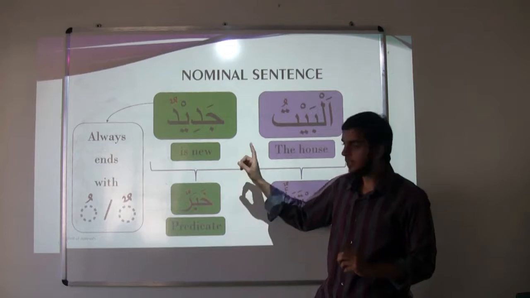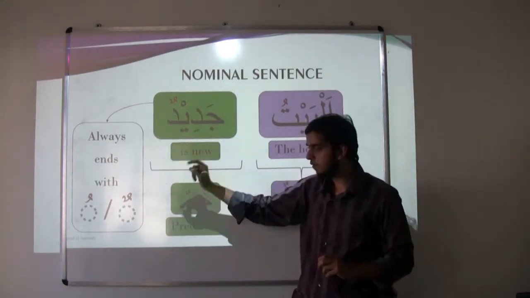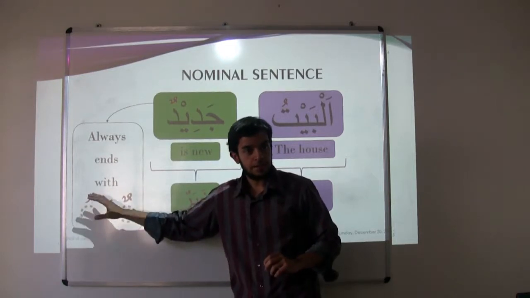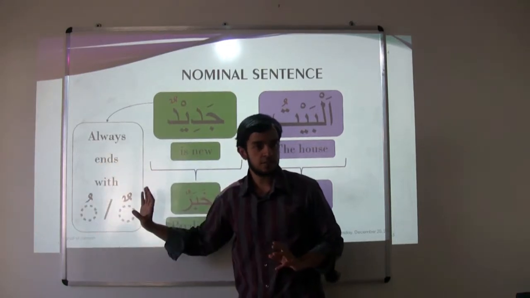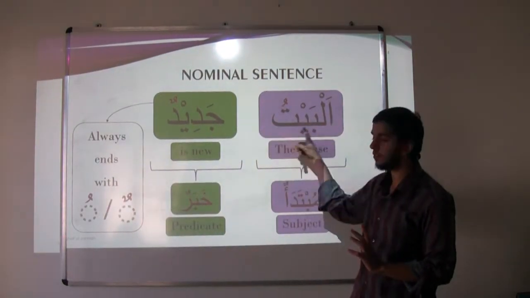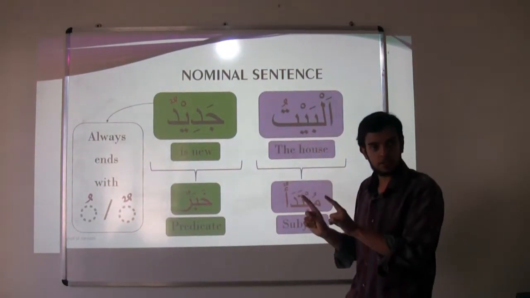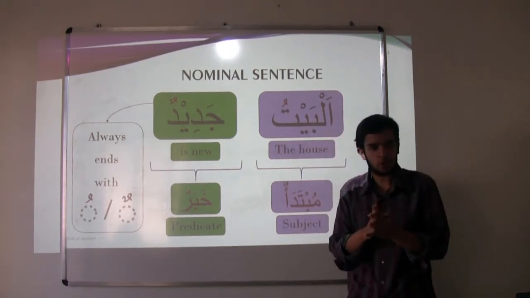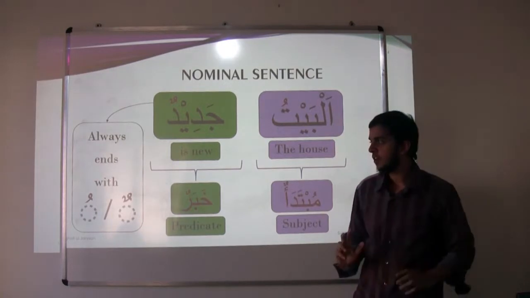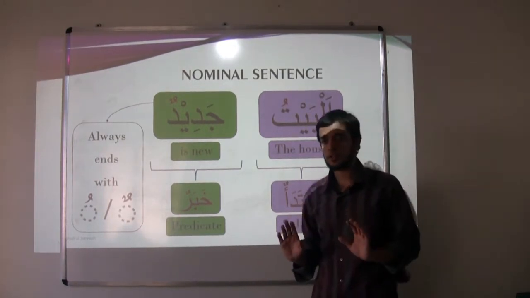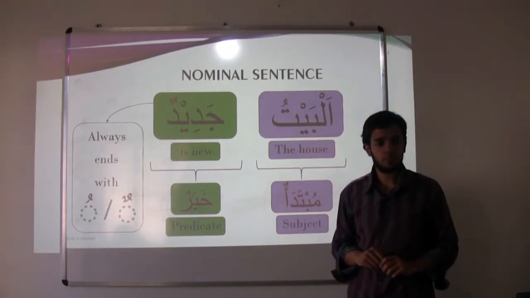The khabar being a single word and always ending with a double dhamma or single dhamma refers only to singular nouns. Here the house, al-baytu, is one house, singular. I hope it's not complicated. Okay, fine. That's all you need to remember for now. For now, we are only dealing with singular nouns. Shall we move on?